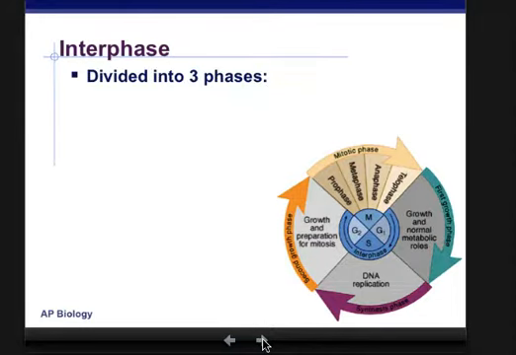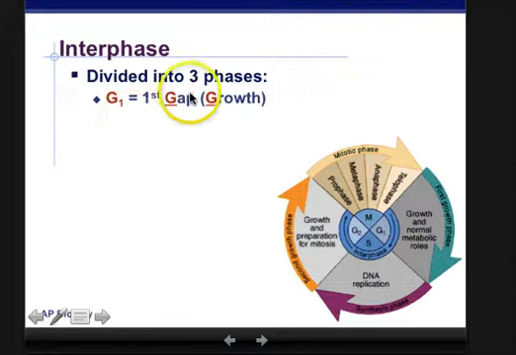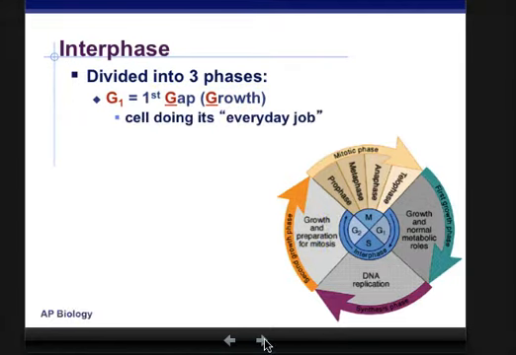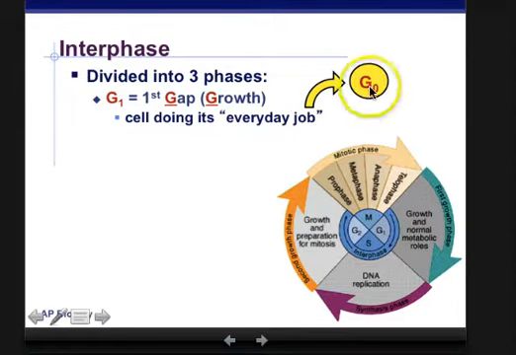So interphase is divided into the three basic phases that I told you. G1 for the first gap, which is growth. It's definitely called the gap phase, but you can remember that we're talking about growth. This is, as we said, the cell doing its everyday job, and it can go into the G0 phase, which we'll talk about in a minute. And so the cell is growing,